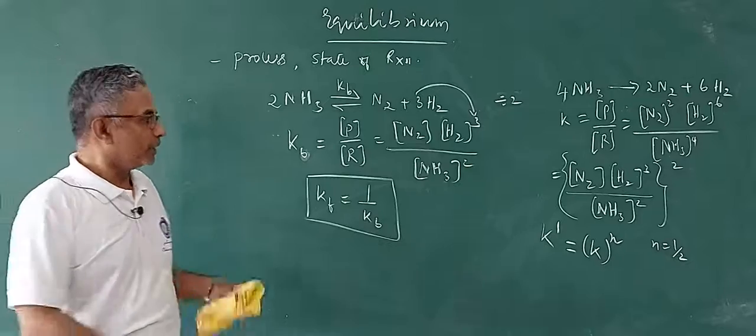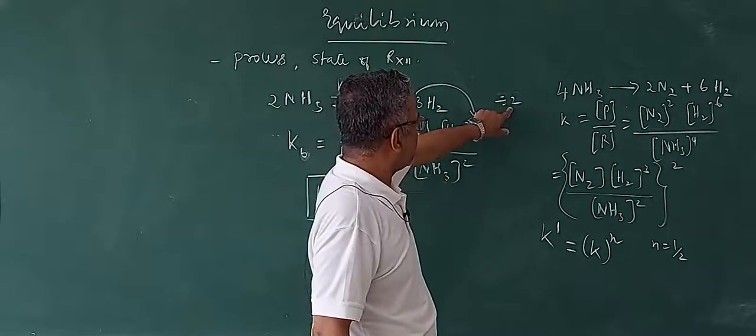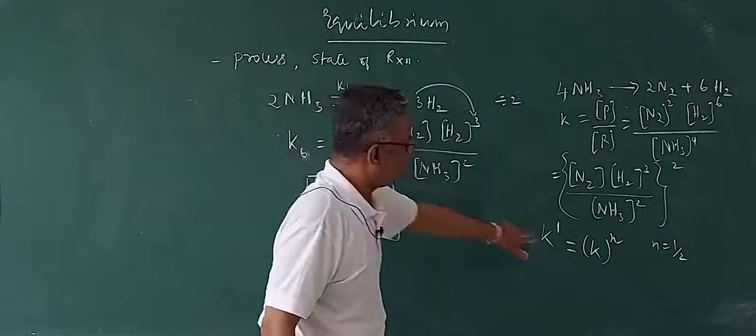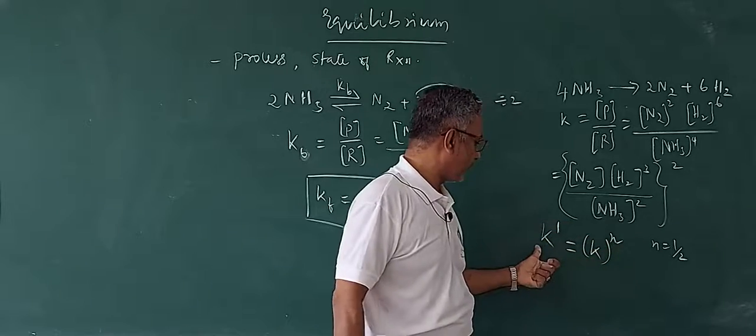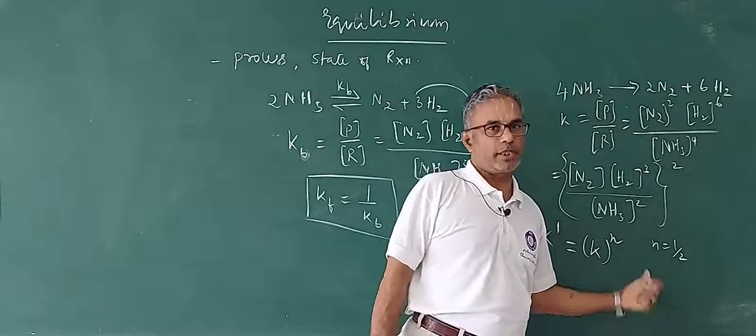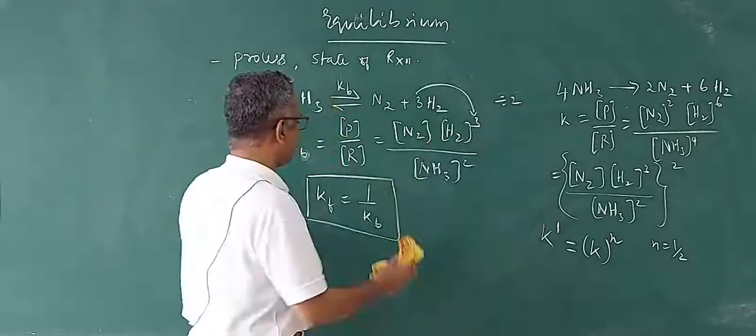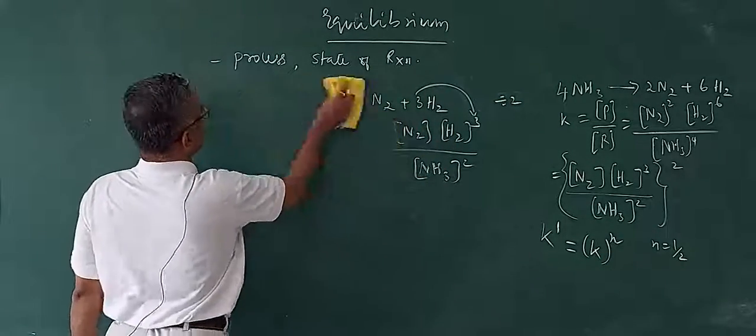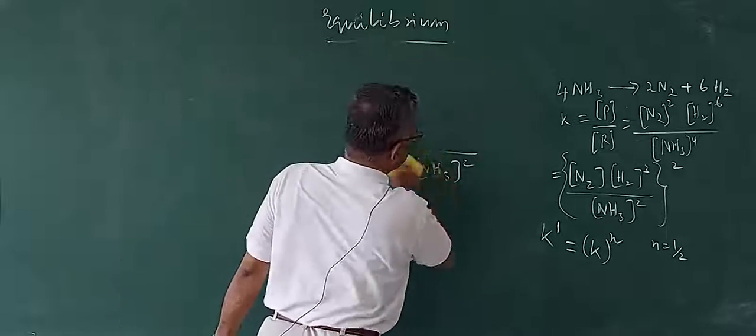So by seeing what integer is being applied throughout the equation, you can find out. If you have the equilibrium constant for one expression, you can easily get the equilibrium constant for the other equation. Okay. Now, the next one is